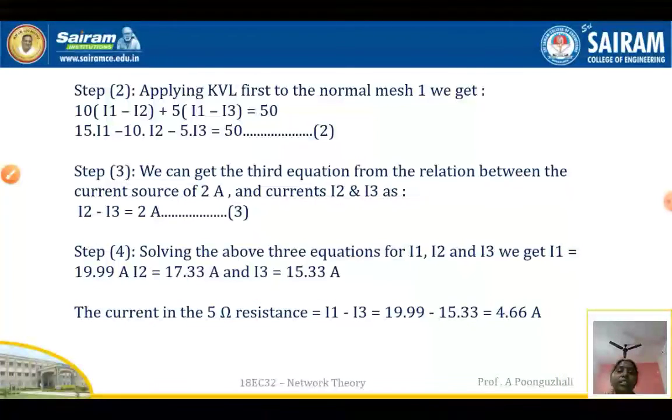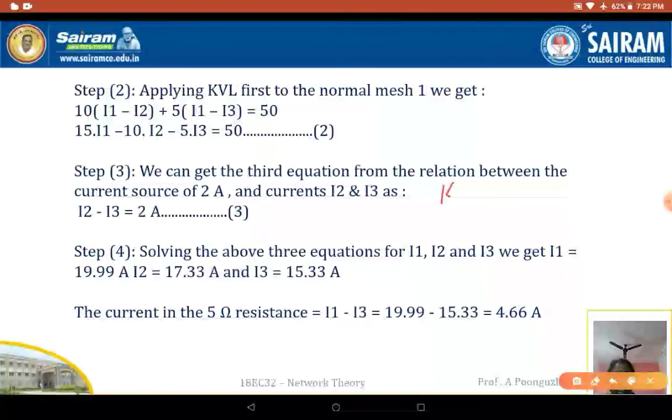So KCL at node C: incoming current I3 plus 2 is equal to outgoing current I2. So in this case, 2 is equal to I2 minus